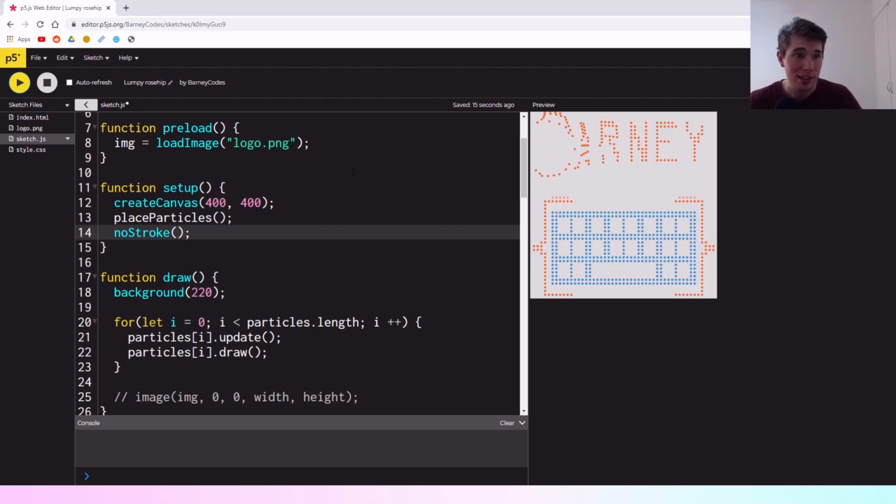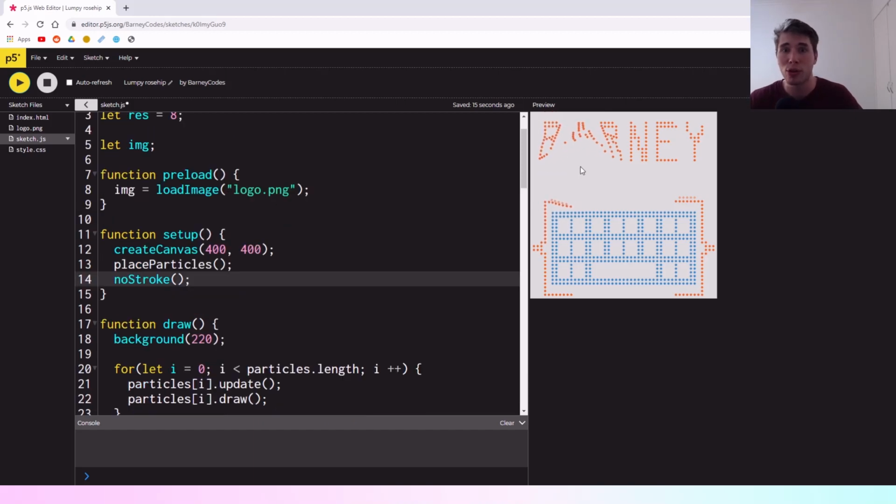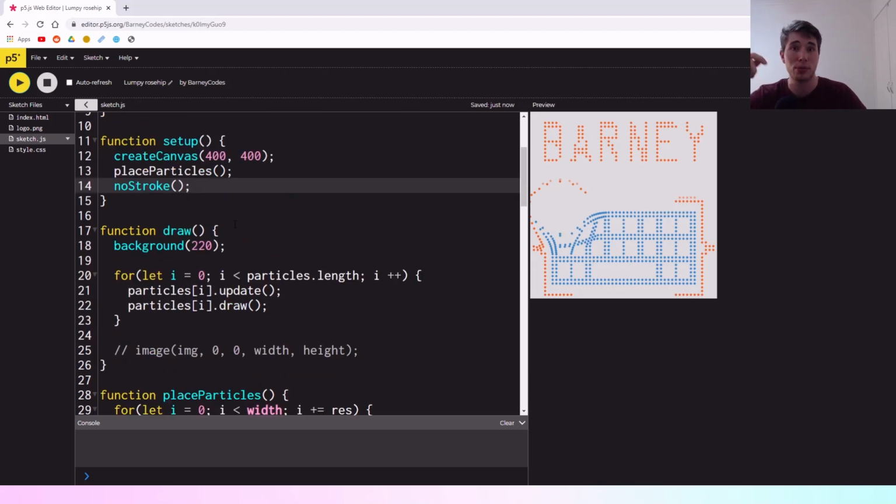Like I said, in this code there are quite a few places where you can play around with things. You can play around with how strong the forces are that are attracting and repelling these particles, and with the different colors and how you load these particles in. You could try using text, or sound, to place these particles on the screen. I'll have a link down in the description to this p5.js sketch, and you can play around with the code, or if you coded along,